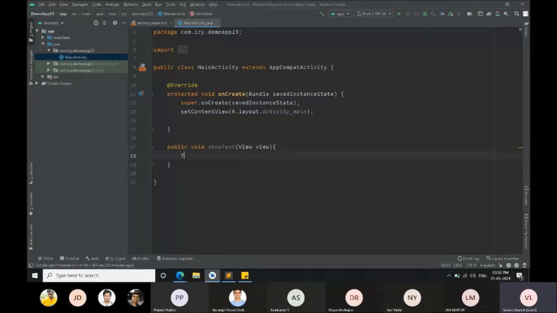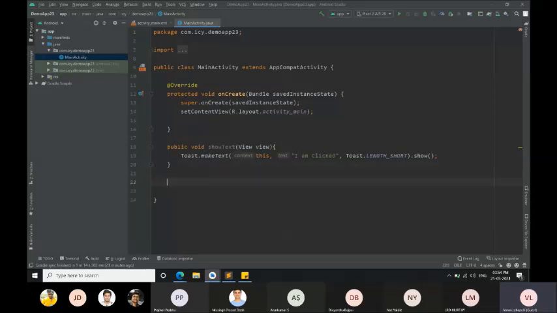Inside this, I'm showing a toast, nothing but a small text that appears on your Android screen. I will show what a toast is and what it does. So "I'm clicked", that's what this button says. I have written the backend now. This is not a big backend, but a small example. I have written what that button should do.